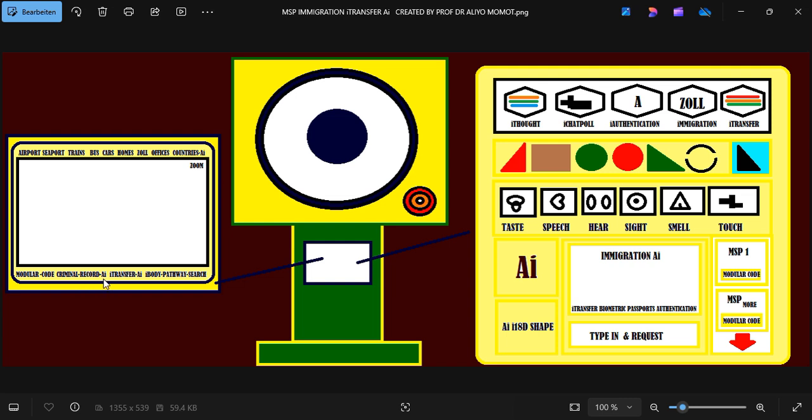Your criminal record AI is here. Your eye transfer here. Your eye body pathway search. You'll be searched if you have drugs in your body or in your bags. This takes place in the airport, seaport, trains, bus, cars, homes, zoos, that's immigration ports, and offices and countries AI. Zoom, you can extend it to be a very big image. So all this is in here,